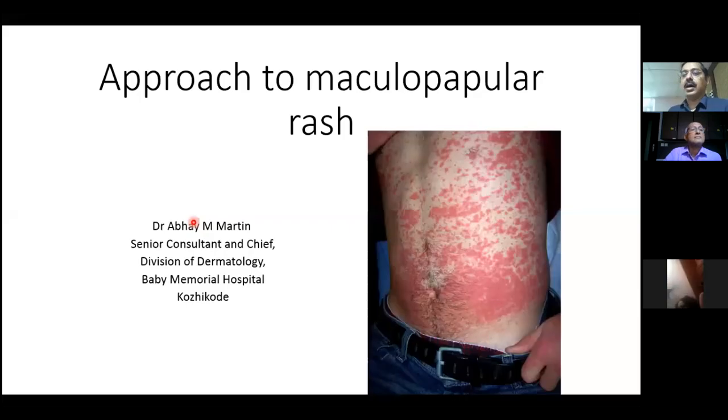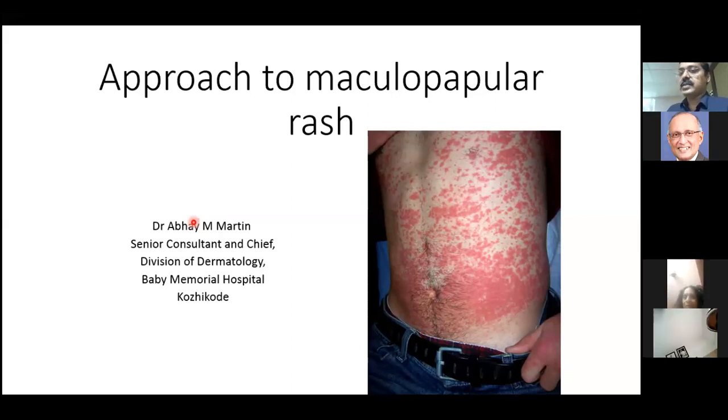All of us are supposed to put our thinking caps on, because this is something which can either be a graveyard for a physician or for a dermatologist or a pediatrician or for the patient himself, or it can be a crown of glory where you can hit a diagnosis and then save the patient's life too. So having said that,